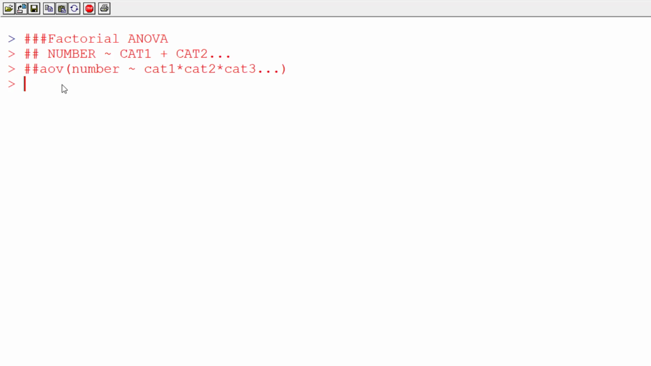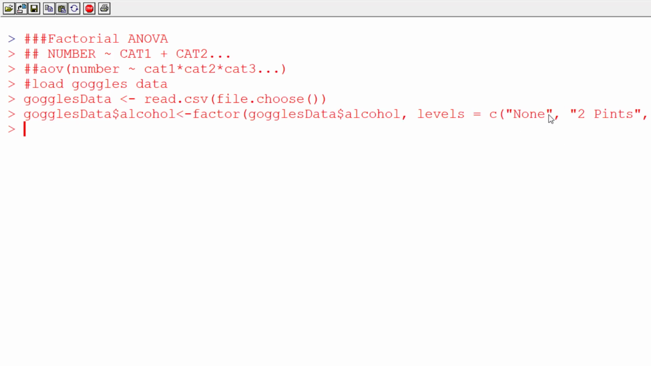You're trying to predict a number based off of multiple categories. So our number would be kind of our dependent variable, and the categories and their interactions are our independent variables or factors. So I'm going to load in goggles data, which is a CSV file. Having pulled that in, it's not labeled correctly, so I'm just going to relabel it to none, 2, and